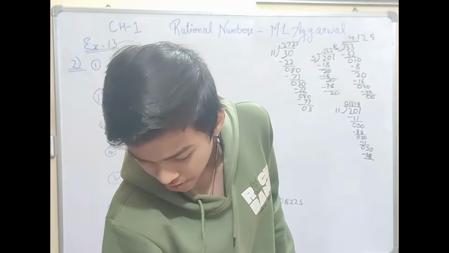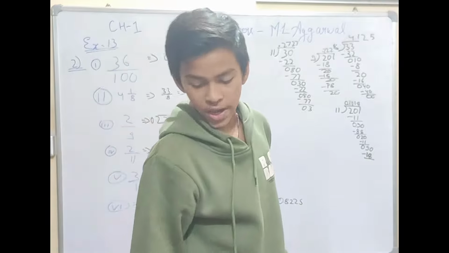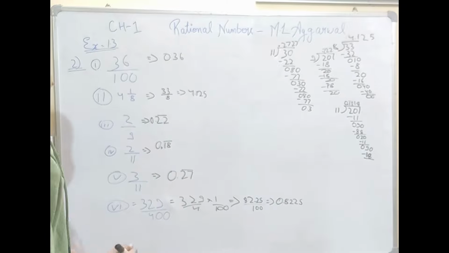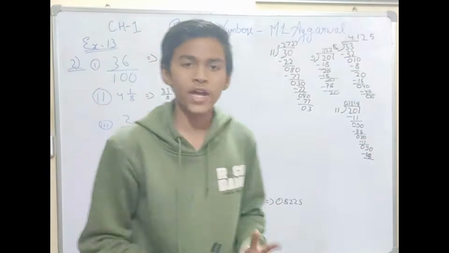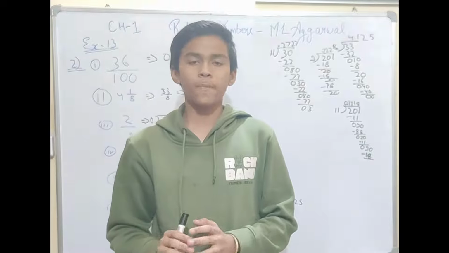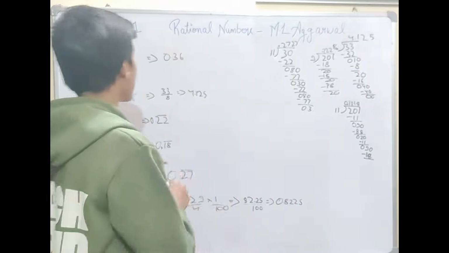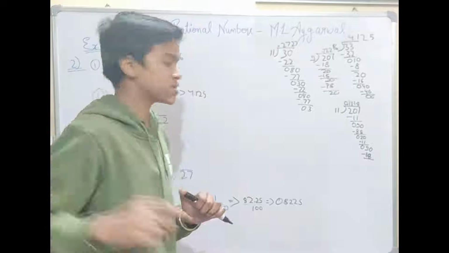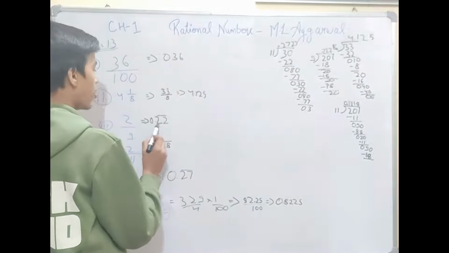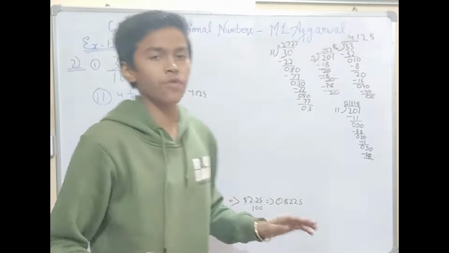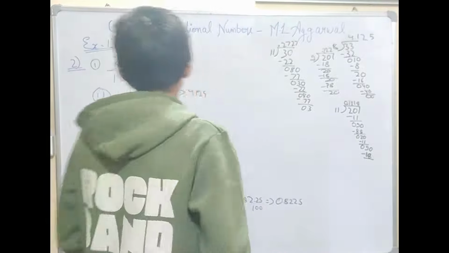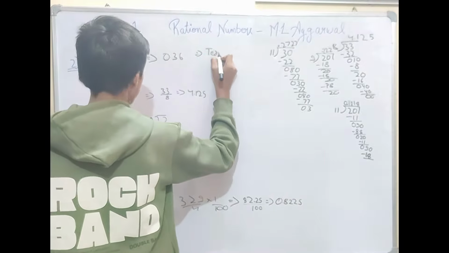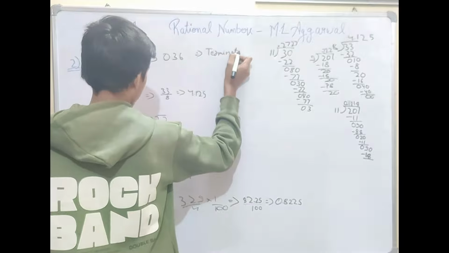This was our first part of the question. So there was also a second part, that we have to tell what kind of decimal expansion it is. Okay, so there are two main kinds, terminating and non-terminating. So terminating is like our first one, it's 0.36 ended, and non-terminating, which means endless, like our third part 0.22222, so it is endless number of times, so it is non-terminating. Okay, so our first part is terminating, as it is not endless number of times.